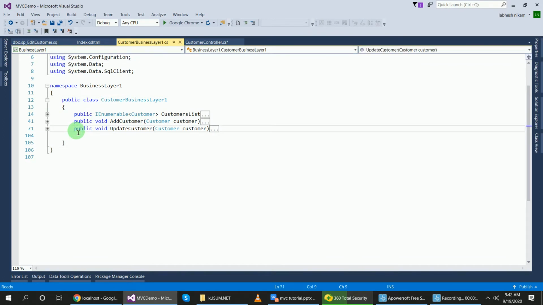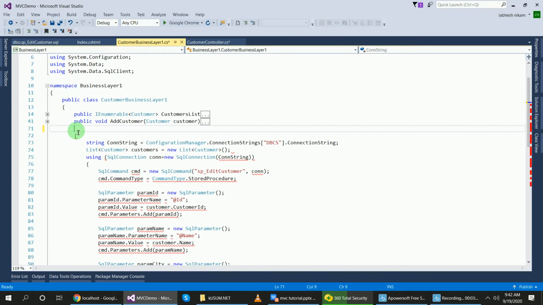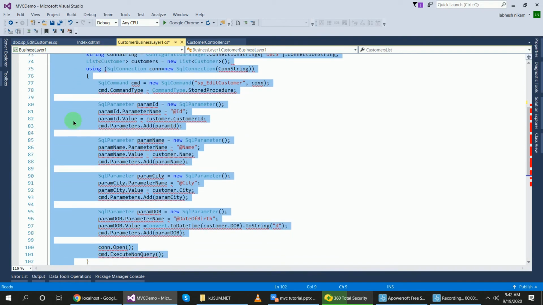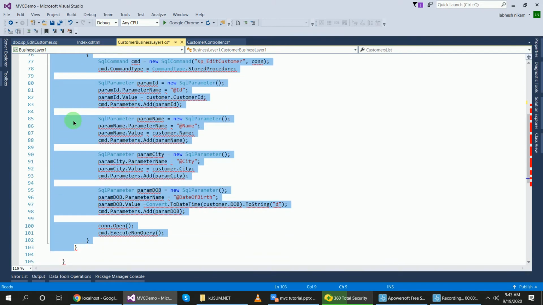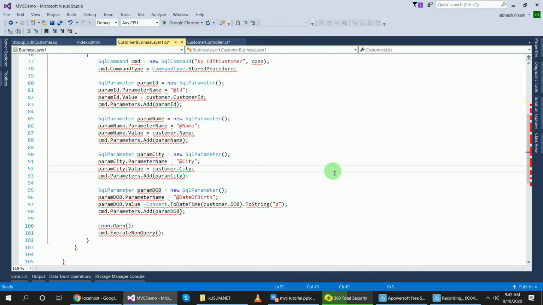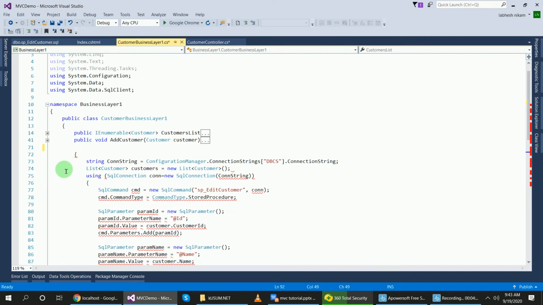Now I will create another method to update the data like this. For that I will copy all these things, this one, this one.